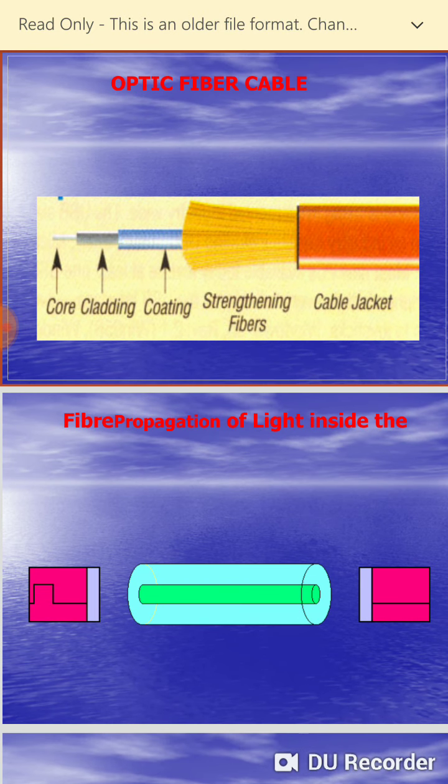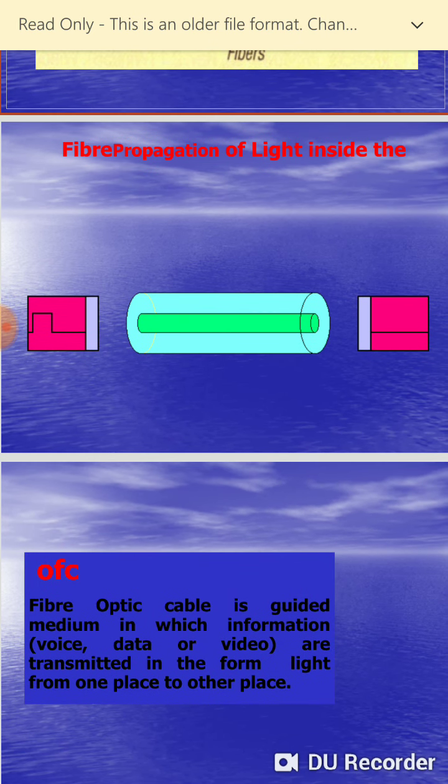Here the picture is shown; we have already studied how light propagation takes place inside the fiber. In the fiber there are two elements, core and cladding. The light propagation takes place only through the core. The light is not allowed to enter into the cladding, as shown in the diagram. That's why the optical fiber is called a waveguide. Waveguide means a structure which guides the wave to travel in a particular direction.